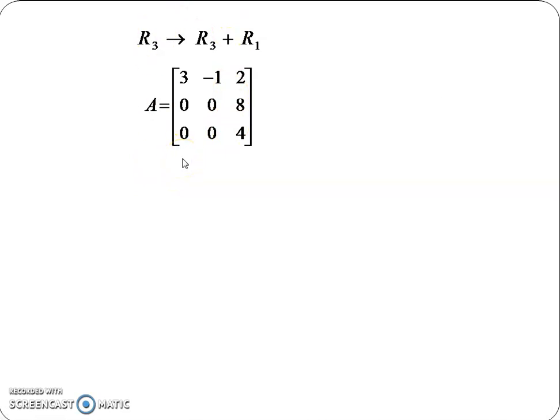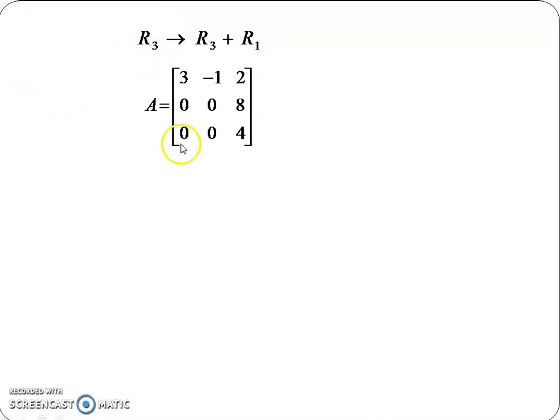Now, if you see here, the matrix A is right now in upper triangular form. If we count the number of non-zero rows in upper triangular form, then it is 3. This is a non-zero row as it contains a non-zero element. This is also a non-zero row, and the uppermost row is also a non-zero row. So there are 3 non-zero rows in upper triangular form. So the rank of matrix A is equal to 3. But we have already checked that the rank is less than 3 as it is a singular matrix.